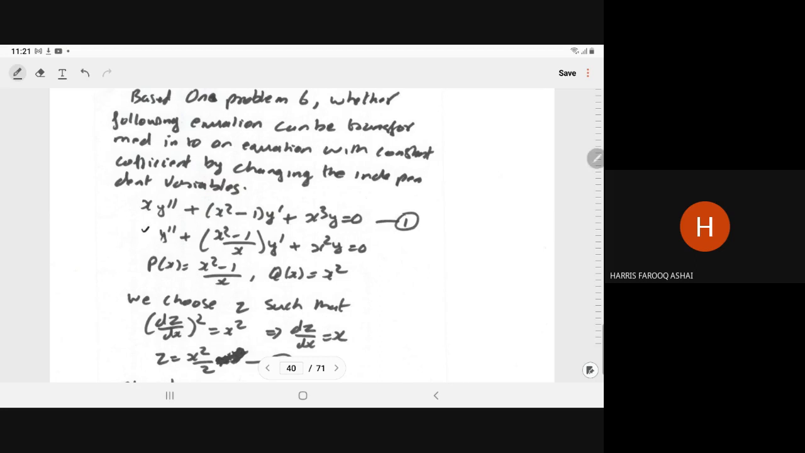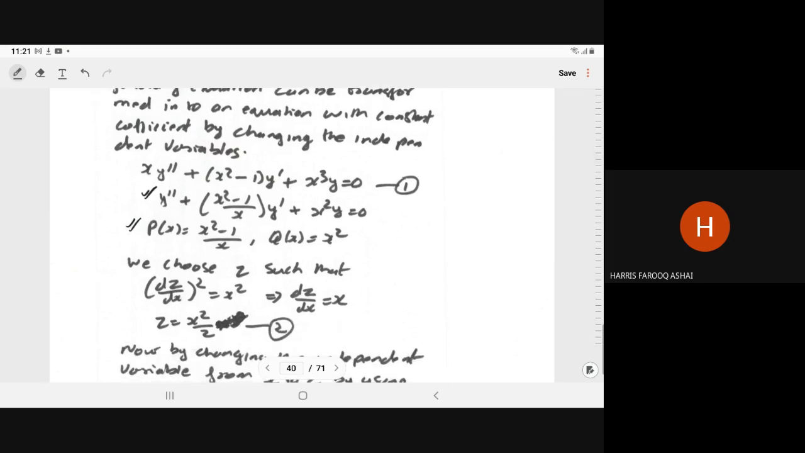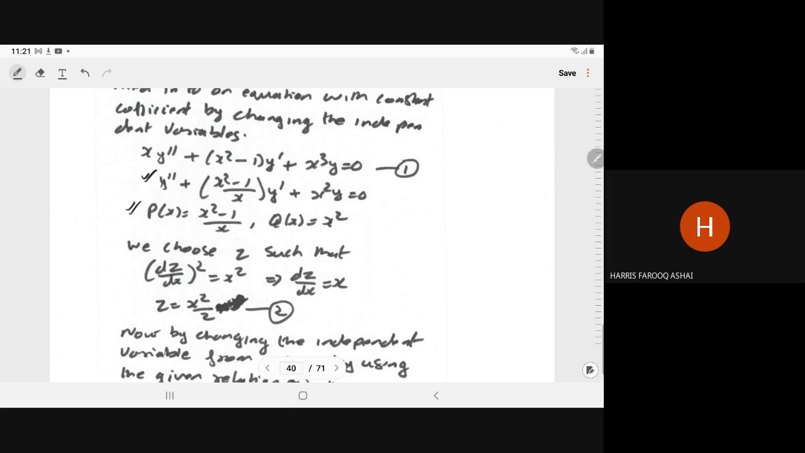So what is the standard form? Y double dash plus p(x) into y dash plus q(x) into y. When we write it in the standard form, p(x) will be (x square minus 1) upon x, and q(x) will be x square. Clear? So now we choose z such that